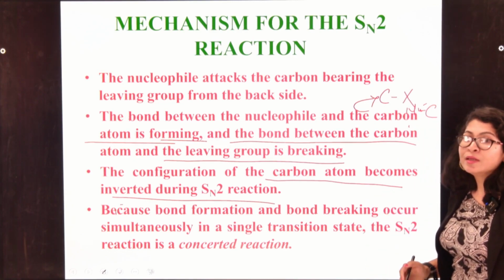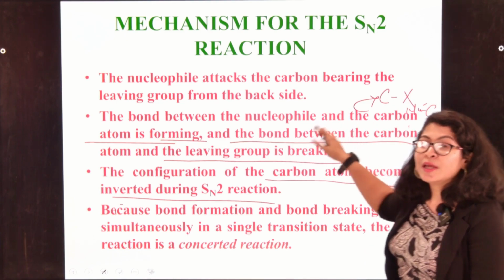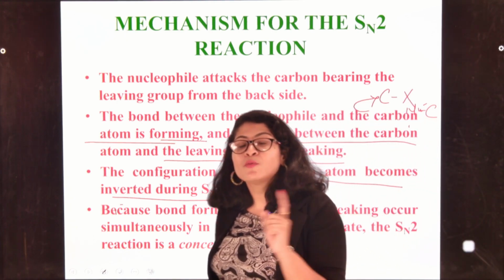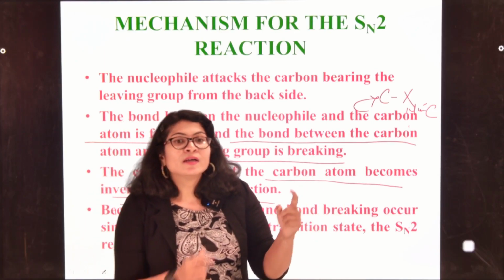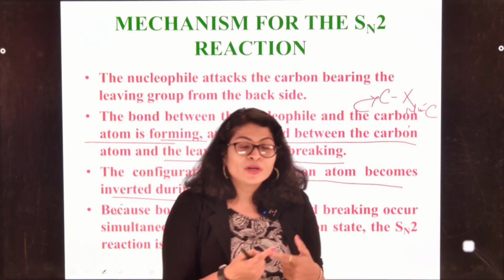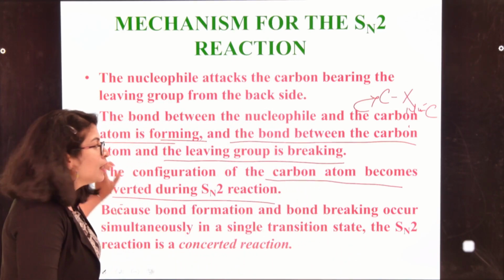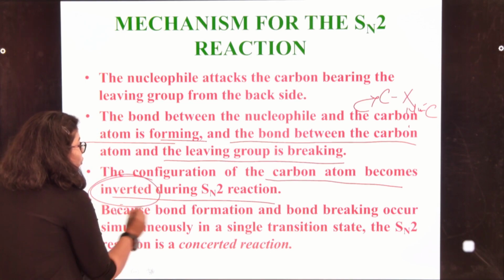So initially the X was present on the right side, and now the Nu bond, a carbon-Nu bond, is formed on the left side. So basically the configuration, the three-dimensional arrangement, is getting reversed or inverted. So here an inverted configuration is observed, and it is a very important point to note in the SN2